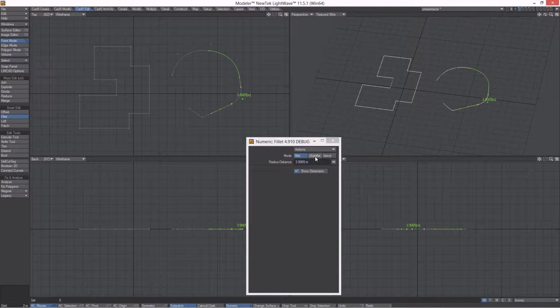We can switch between chamfer, blend, and back to fillet. Each has its specific handles, and we can do the same on more curve ends and also on curve corners,